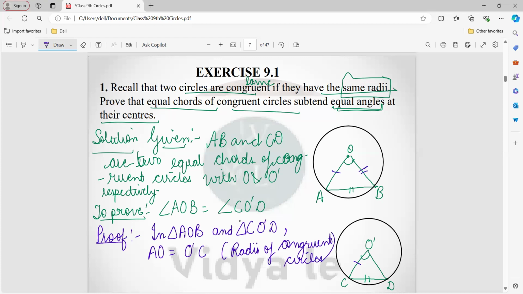Similarly, OB is also equal to OD. Again, the same reason, because both are the radii of the congruent circles. And the third, we are given that AB is equal to CD, right? Why are they equal? Because we are given the two equal chords and both are chords. So using the three equations, we can say that triangle AOB is congruent to triangle COD